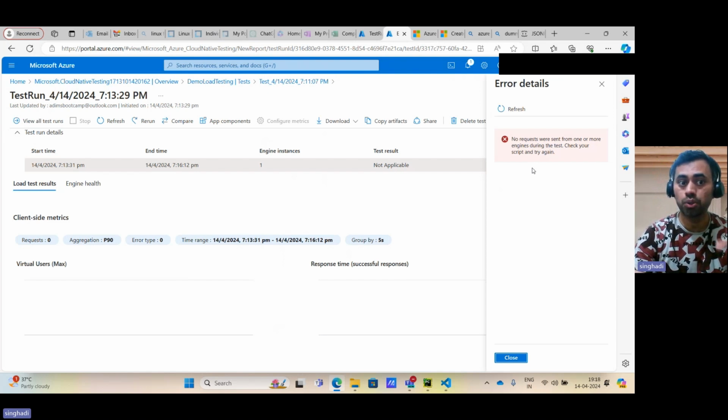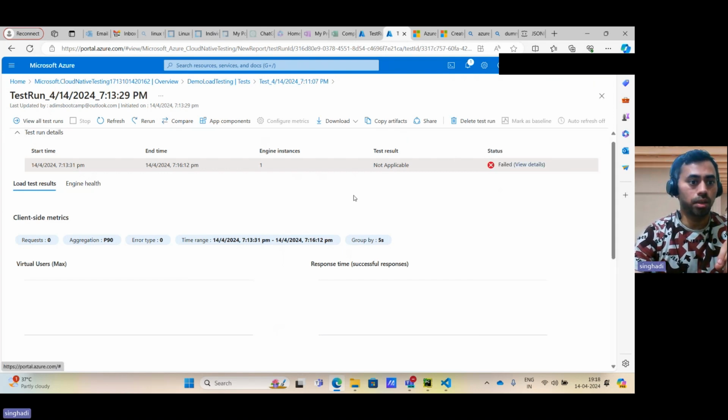My idea was to show you how you can do it, but yeah, sorry about that. Maybe I'll fix my script offline and execute it again. But if you have the correct script, you will be able to execute on your Azure load test environment. So that's about it regarding the